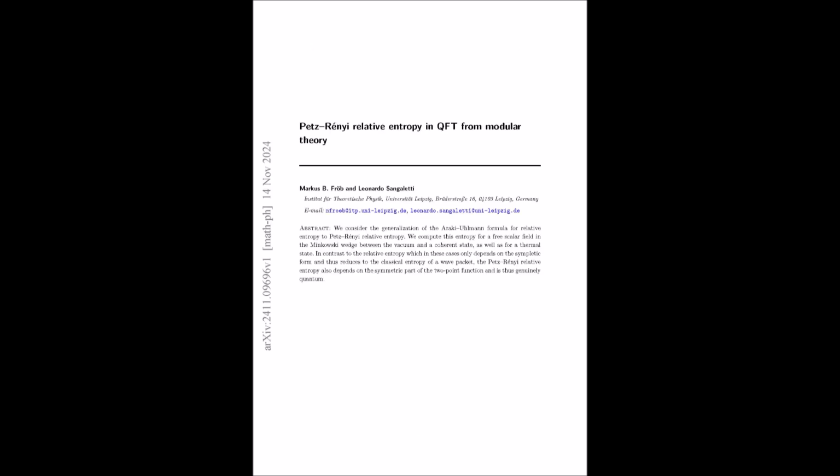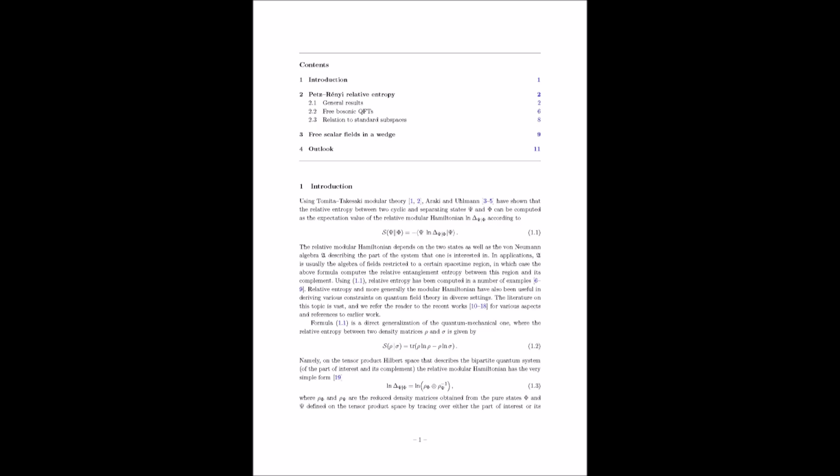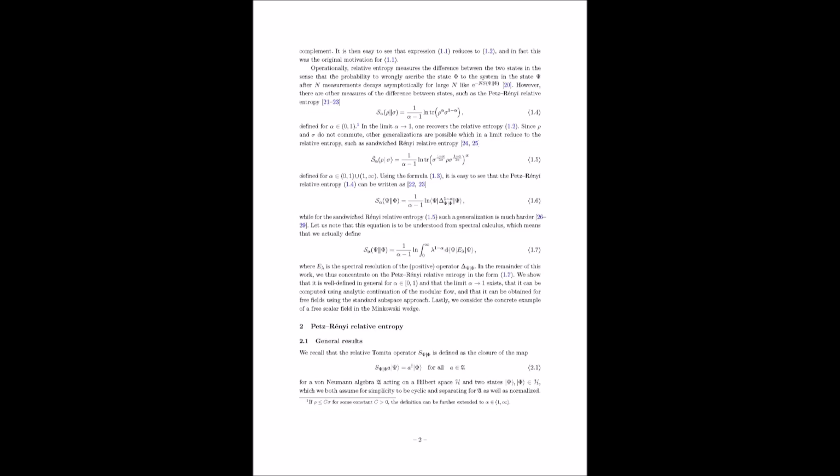Well, one of the big ones has to do with the difference between Petz-Rényi and Araki-Uhlmann entropy. We talked about that a bit earlier. Right, the difference being how they deal with the non-commutativity of those quantum operators. Exactly. And it turns out that Petz-Rényi entropy depends not just on the symplectic form, which is connected to the antisymmetric part of the two-point function, but also on the symmetric part. And that's different from Araki-Uhlmann entropy, which only depends on the symplectic form. I'm not sure I follow. Can you elaborate on that?